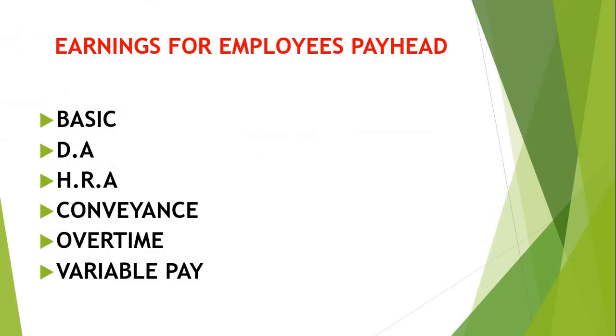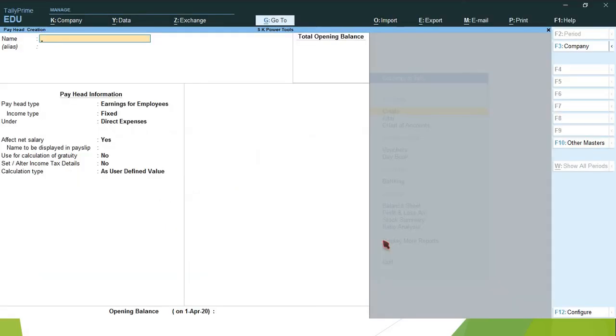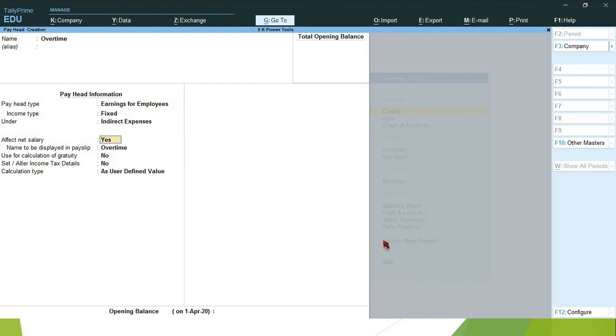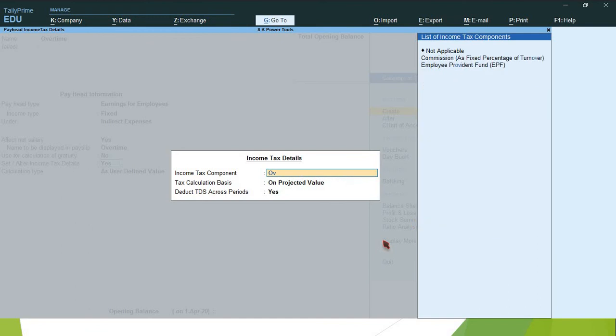So next, pay head, overtime. Earning for employees, fixed, indirect expenses. Name to be displayed in payslip, overtime. Use for calculation of gratuity, no. Set alter income tax details, set to yes.